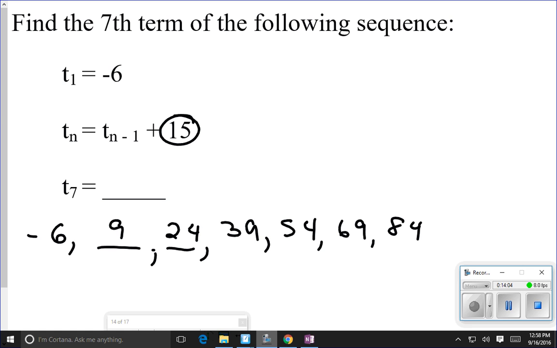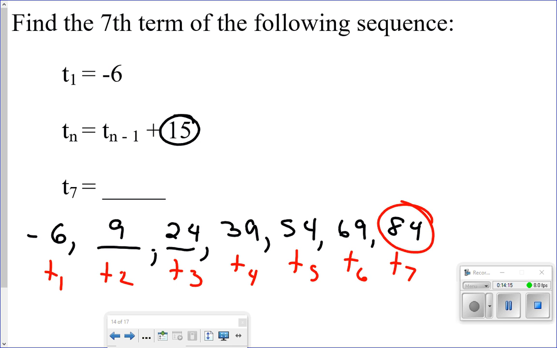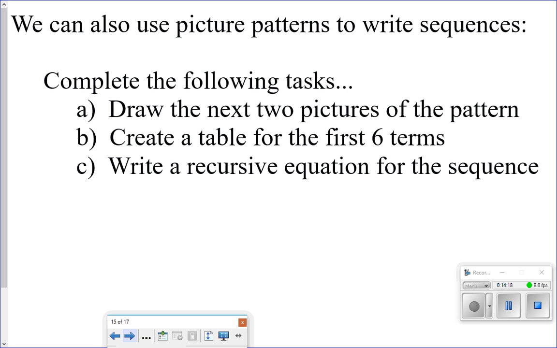All right, so I went ahead and added that up to the consecutive terms. So here's T1, T2, T3, the fourth term, the fifth term, the sixth term, and the seventh term. So the seventh term would be 84. All right, and